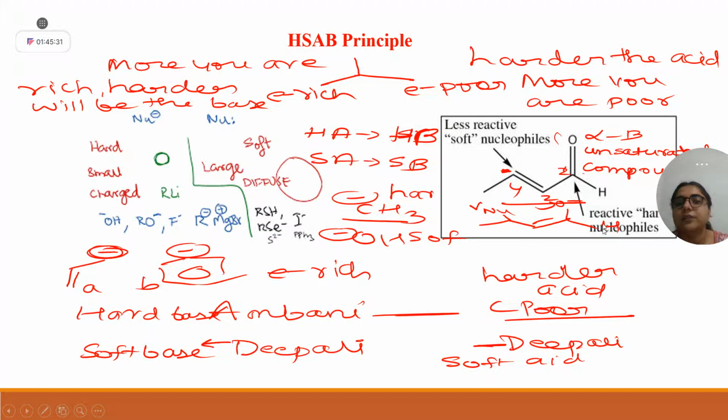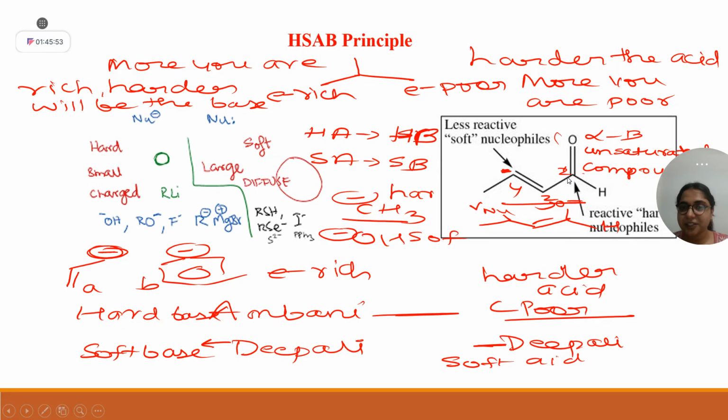Students, you understood that concept that a hard acid is going to react with a hard base? Yes, ma'am, that is according to the HSAB principle. That I know. So you want to know how it plays out in the Michael reaction. Yes, ma'am. Very good. Which one is the hard acid, which one is the soft acid? How can we judge that?